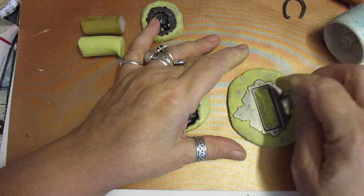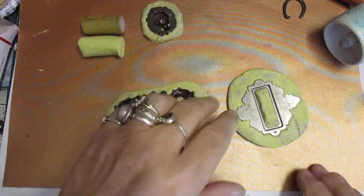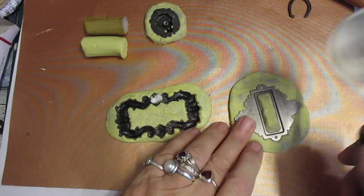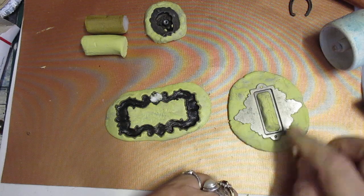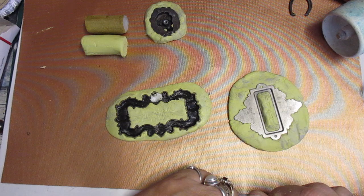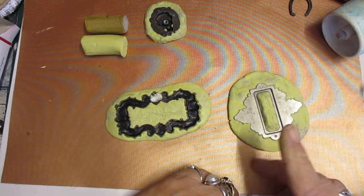Just do that. That should be fine. And like I say, that will give me enough pressure that when that's done, it'll leave an imprint that I need. And I'll have a frame thing that I can use my...